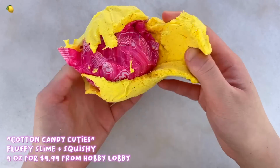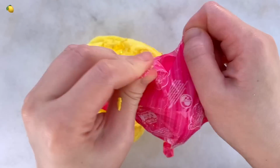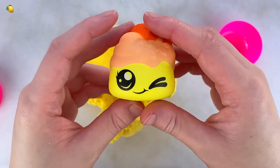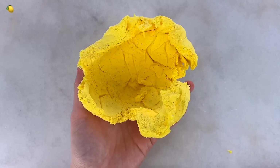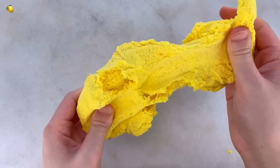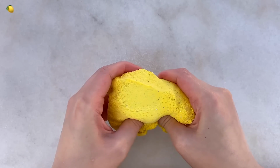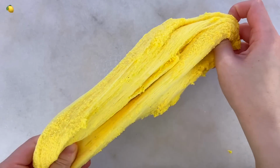This one comes with a random squishy inside, so it comes wrapped around the yellow fluffy slime, and inside there's a plastic container and a little squishy. Mine was like a little yellow cupcake with some oranges on top. And as for this yellow slime texture, it feels very similar to the other cotton candy Zuru slimes that I've purchased before. It kind of acts like a dry cloud slime, but also really reminds me of those eraser putties